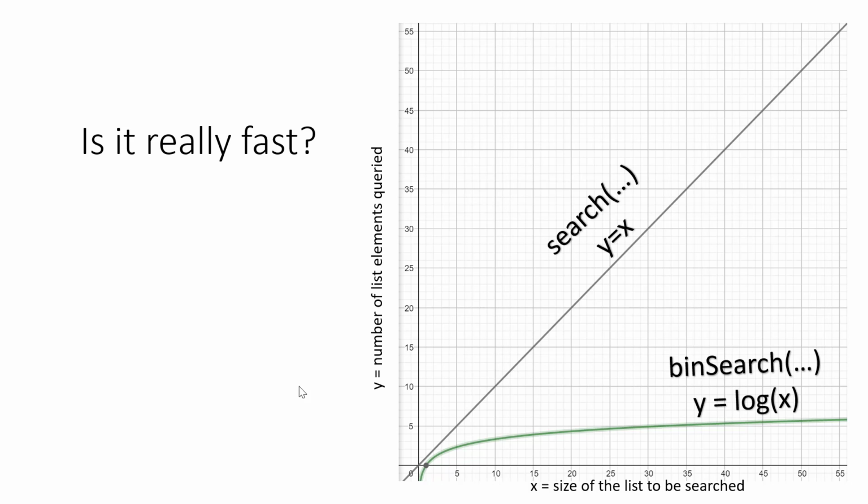To really appreciate how fast bin search is as compared to search, consider the fact that you have to make only 30 recursive calls when the list has 1 billion elements. So when you run it on Python, bin search will run immediately, while the search function will seem to take forever.